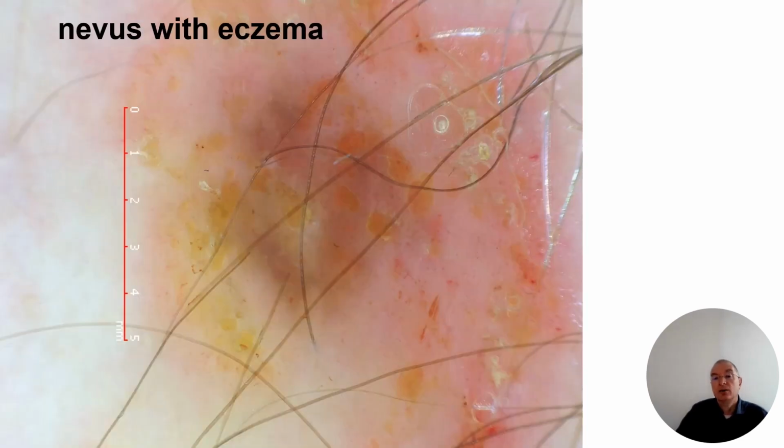And sometimes we can have a kind of eczema on the nevus, based on local inflammation, on scratching or something like this. We also see some serocrust, which represents the yellowish, a little bit brownish-yellowish colors. So we know we have an eczema here.